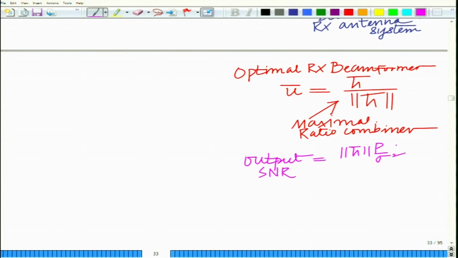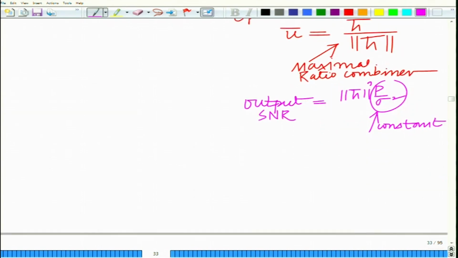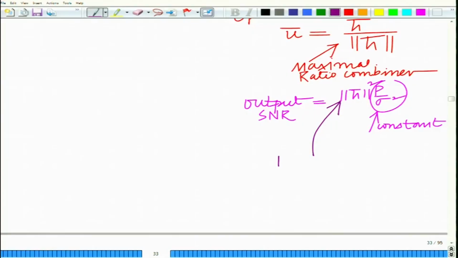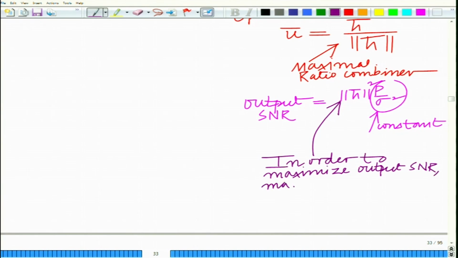Remember, P is the transmit power, sigma square is the noise power. So, this quantity P over sigma square is constant, which implies that to maximize the SNR, we have to maximize norm H bar square. So, that is the optimization problem: maximize output SNR, we have to maximize